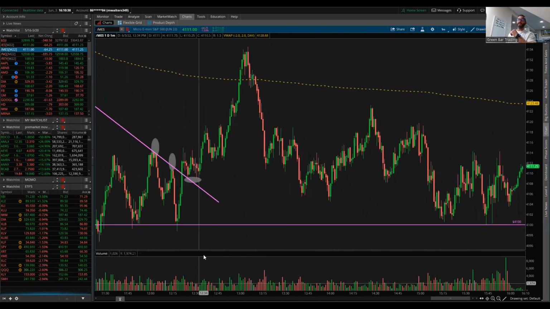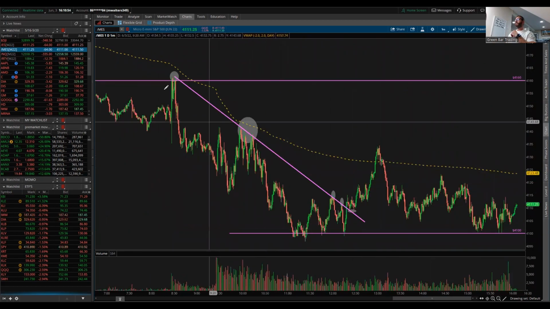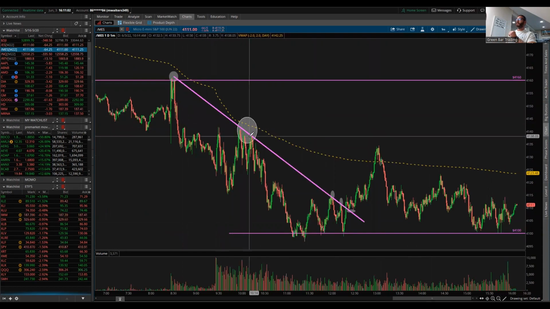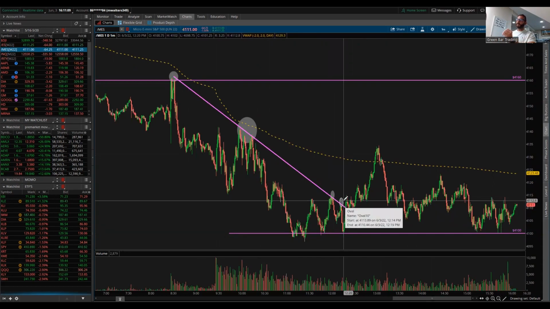So a lot of times, even on stocks, you'll see a break of a trend line and then a retest of it. I mean, to the penny here. So then we saw some really nice movement out of that area. So this is good to know. If you guys are beginners, learn your technical analysis. It will help you, and it will definitely help set an area of where you're thinking about either getting in